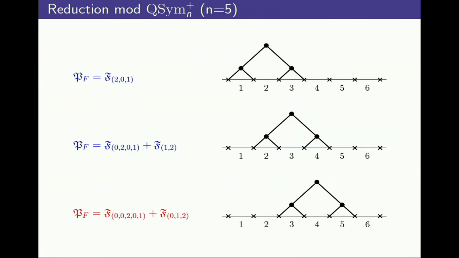So here are 3 forest polynomials. They're translates. So here's the slide polynomial 201. N is 5, so I'm trying to see whether the support is exceeding 1, 2, 3, 4. Right? It uses something outside. This guy's good, needs no reduction. This guy's good, support 2, 3, 4. This guy here, you've pushed it a bit too much. Now the support sees a 5. It's exceeded the bounds, so it will actually end up inside the ideal of quasisymmetric polynomials. Okay? So if your forests are pushed too far to the right, they are inside the ideal. So there's a transition that happens. Questions?